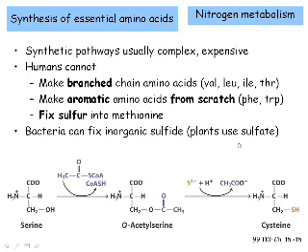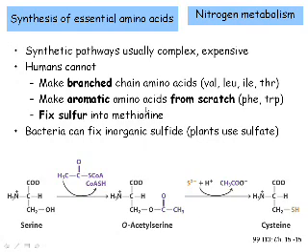The essential amino acids, that is, the amino acids that are essential in the diet, typically have complicated and energetically expensive pathways for their synthesis. Free-living organisms have to make them all because they're out there in the wild. We usually consume things that have amino acids, so we've, over time, lost some of these pathways. And the way to keep track of some of these is that we cannot make branched chain amino acids. So that would be valine, leucine, isoleucine, or threonine. Those are all branched chain if you look at their structures.